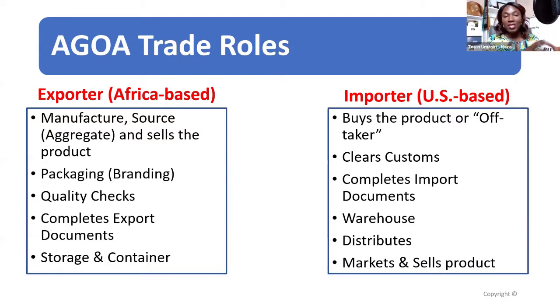So making sure you put in mechanisms to double check and document the results of your quality check and then pass it on to your importer, that's always, always beneficial. There's also FDA certification. There are so many other things bucketed under quality, right? Making sure it meets the requirement, USDA, all of those things, depending on the product you are exporting. You're also going to be responsible for completing export documentation per the requirements of your local market.